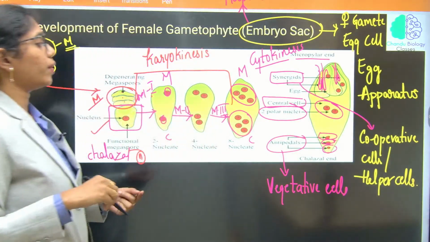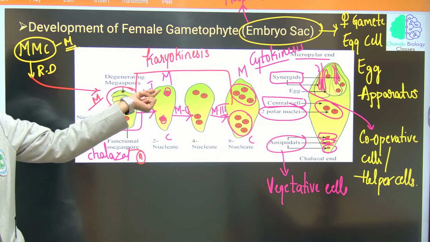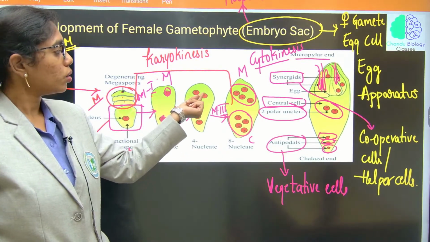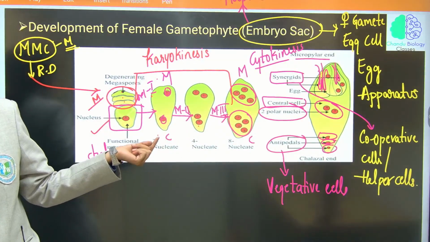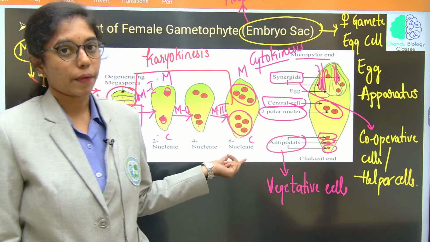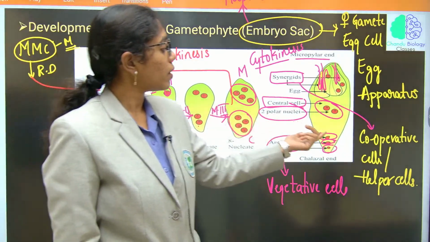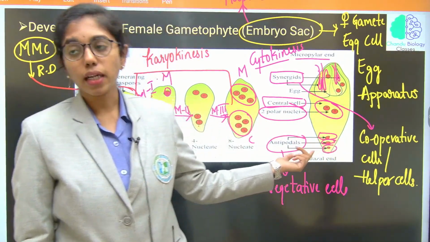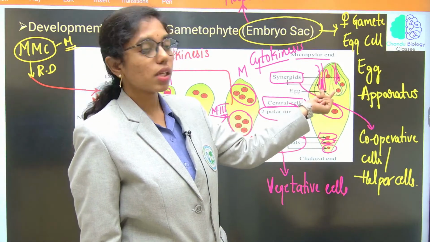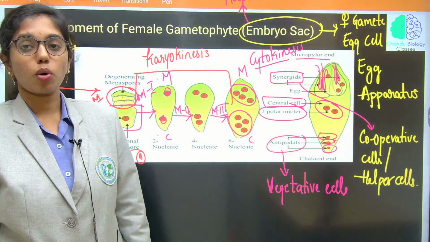Only karyokinesis takes place, where one nucleus divides into two nuclei, one moving to the micropylar end and one to the chalazal end. In the second mitotic division, 2 nuclei are at each pole. In the third mitotic division, you can see 4 nuclei accumulated at each end. After the third mitotic division, cytokinesis takes place, wherein 3 vegetative cells known as antipodal cells are formed towards the chalazal end, and 3 cells known as the egg apparatus are formed towards the micropylar end, of which